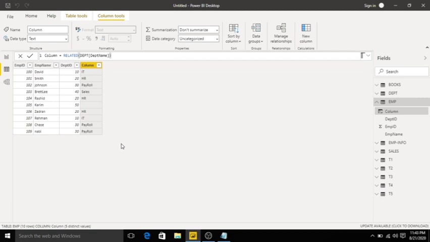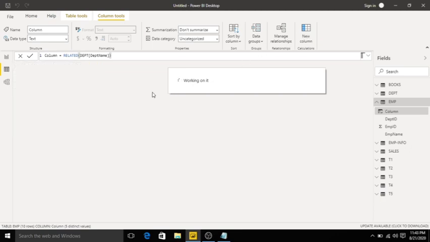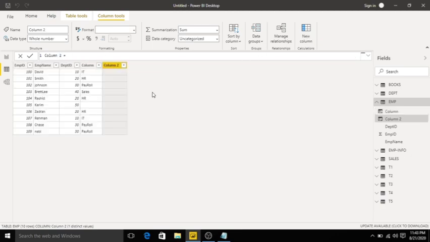If you want to work with textual and logical functions, we can use these functions. I will explain. We have another function called UNICODE. Click new column. I will use UNICODE.